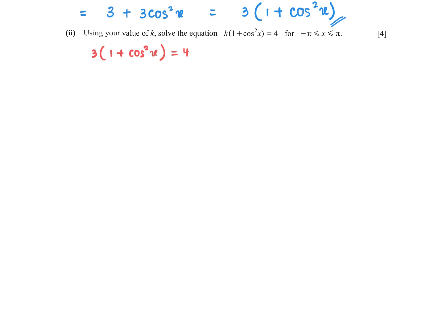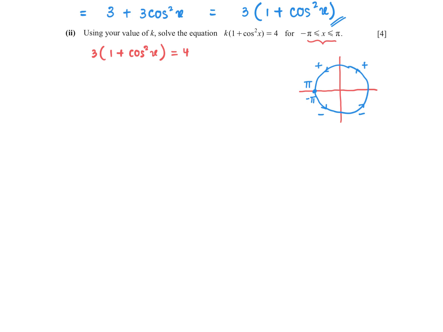So let's see this domain. If I describe this domain in the diagram, the angle starts from negative pi, and then it goes in this direction until positive pi. So if the angles lie on quadrant 3 and quadrant 4, those angles are in the negative direction. But when the angles lie on quadrant 1 and quadrant 2, they are positive.